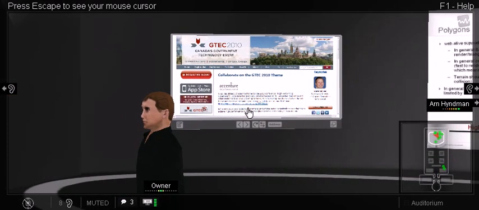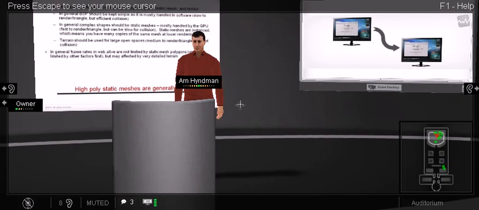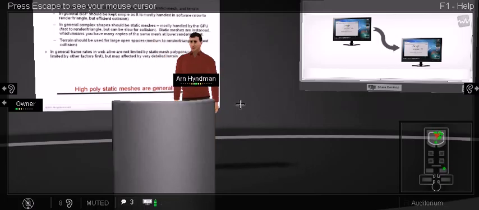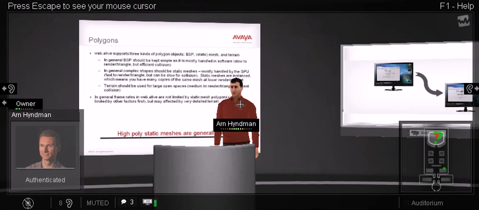And then finally, terrain is the third type. And terrain is optimized, well, you guessed it, for large open spaces, outdoor environments. It's a little bit less efficient per triangle than static meshes, but it's very efficient at collision. And because you're walking on terrain, collision is important, and you can't really save on that. So in general, if you've got a large outdoor space, it's better to use terrain for that outdoor area than it is static meshes because of the collision factor. A little bit of a trade-off there depending on detail, but